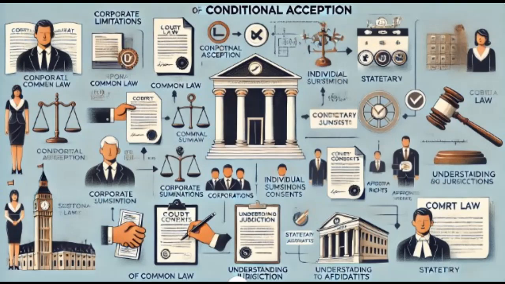Addressing claims by private and public entities. Conditional acceptance applies effectively in cases where individuals face claims by private corporations or public entities. A common misinterpretation in such cases is the belief that the corporation itself is the claimant. The individuals acting on behalf of the corporation, such as executives, legal representatives, or collection agents, are the true claimants.